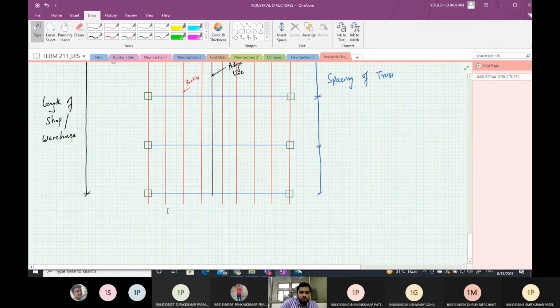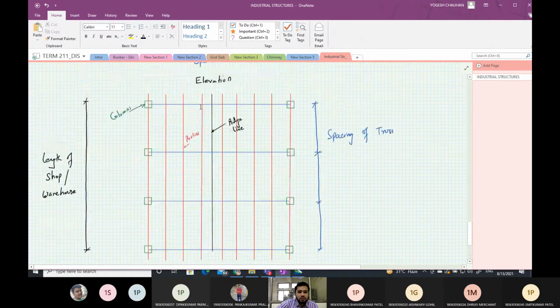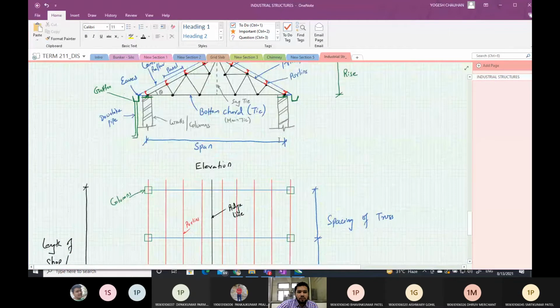Similarly, this is the width of the shop or warehouse, which is actually the span of the truss.